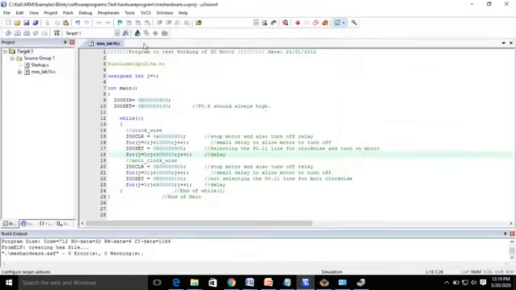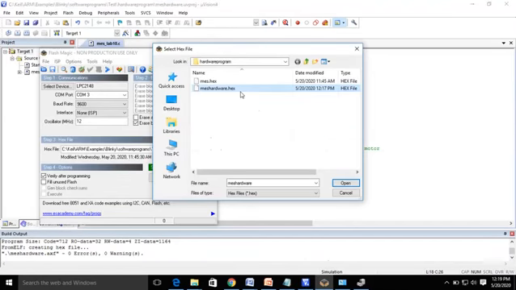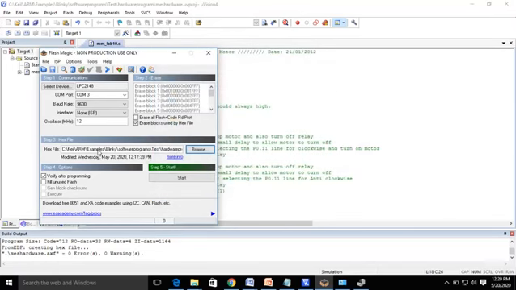Remember, the HEX file will be named after the project name you gave. I have given the project name as MES hardware, so that corresponding HEX file will be created. Select that HEX file and click on Open. That is the third step.